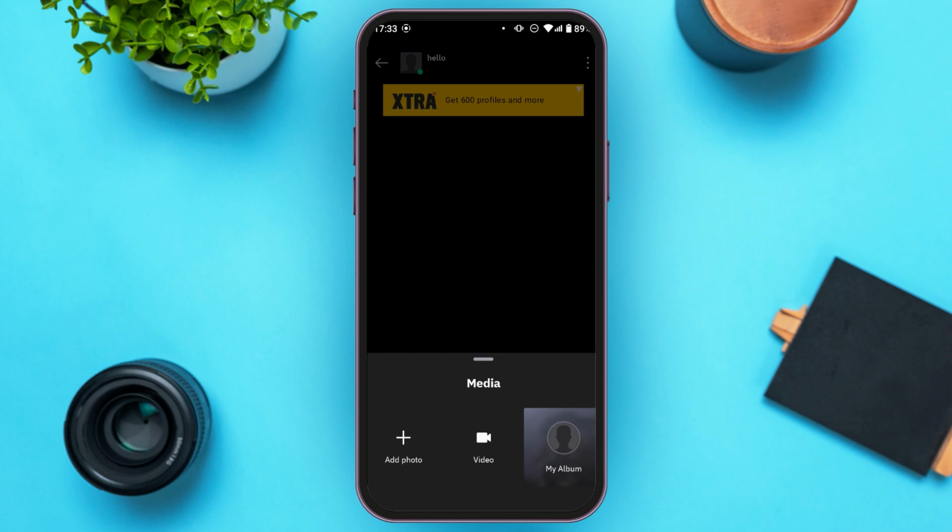After that, you'll be led to another interface. In that interface, what you have to do is select call. After that, video call will be started. So that is how you video call on